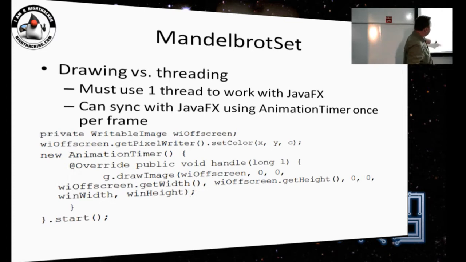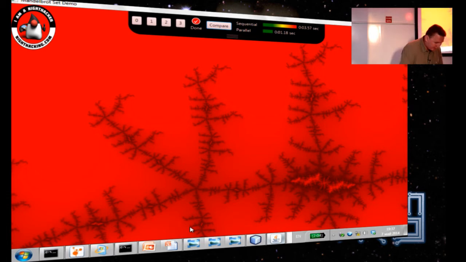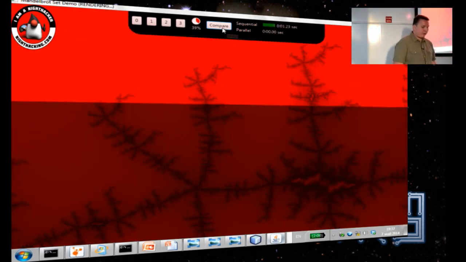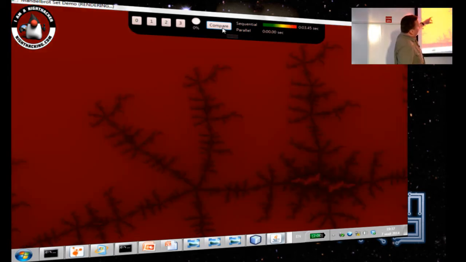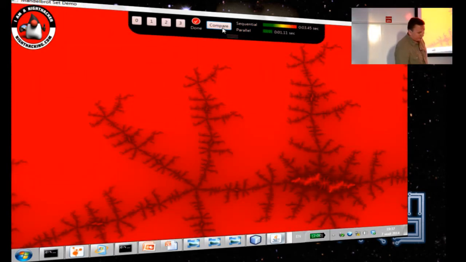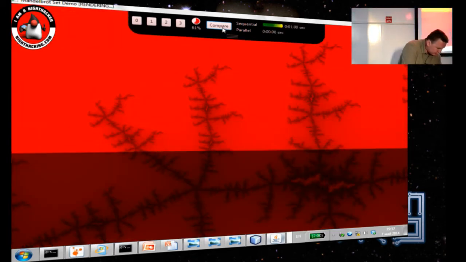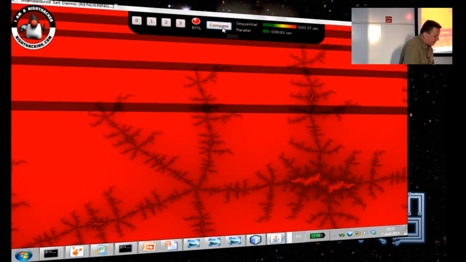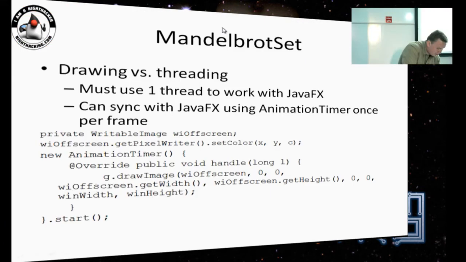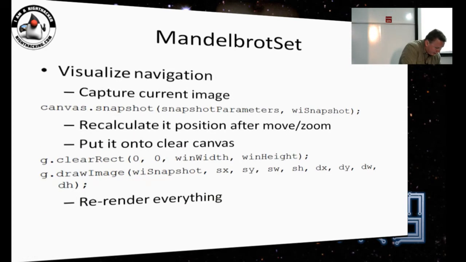What we do here is we use the graphics context from the canvas and draw this offline image onto this canvas. If I switch back to the app, 60 times per second this background image is copied onto this surface, while the background threads are updating this background image. This is how it works in terms of rendering.